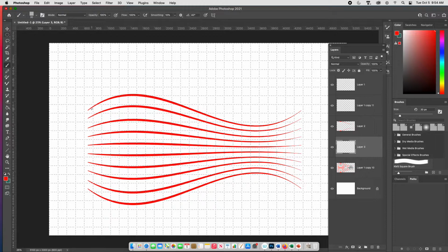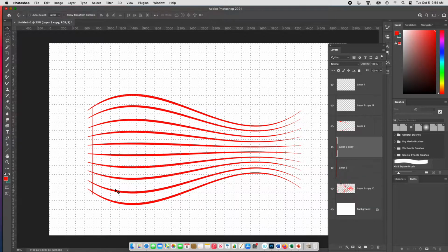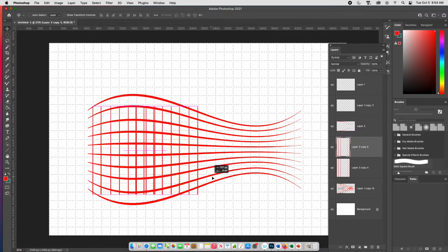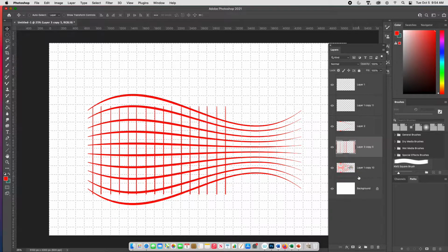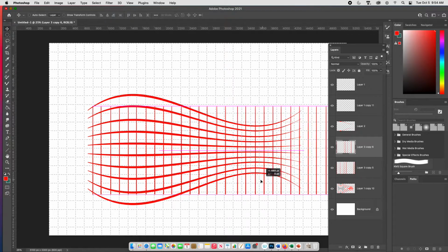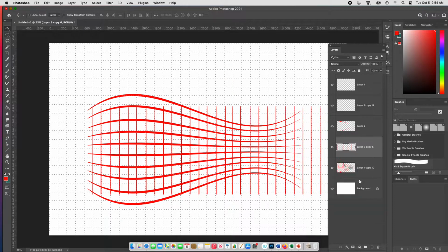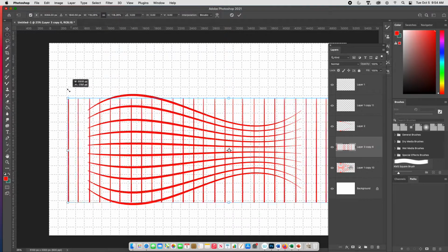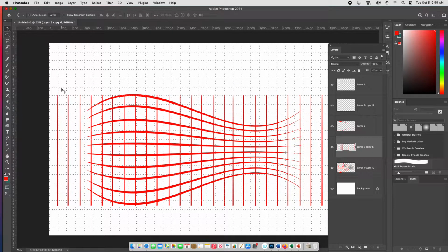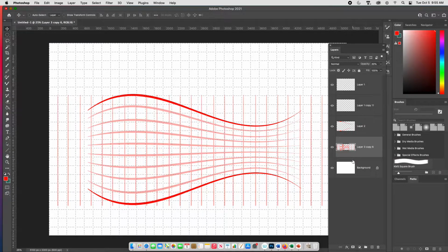So I can start creating some vertical lines, and I'm just going to hit Command J to duplicate, like so. Merge, duplicate the merged copy. I use this technique quite a bit. It's just fast, easy, and it works great. So now that I have this, I can hit the transform tool, extend it to where it fills the entire border, and then merge those two layers together, and now I've got my wall, the top and bottom of the wall, and I have this really cool grid